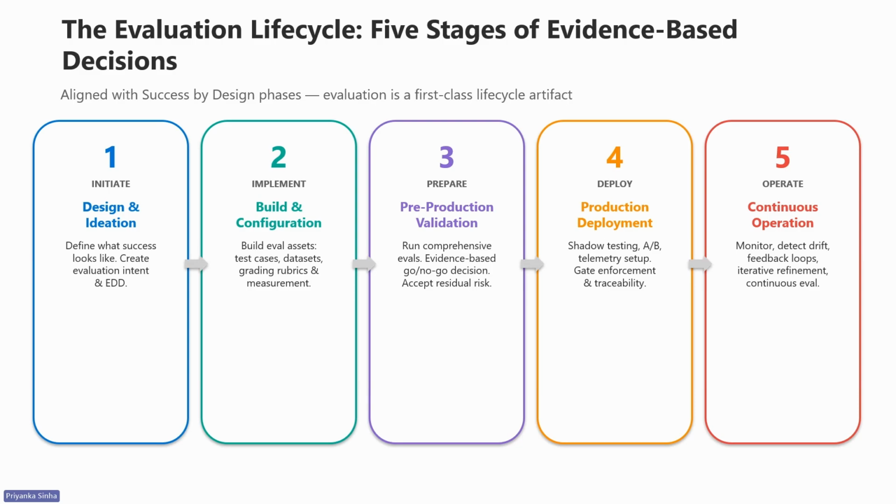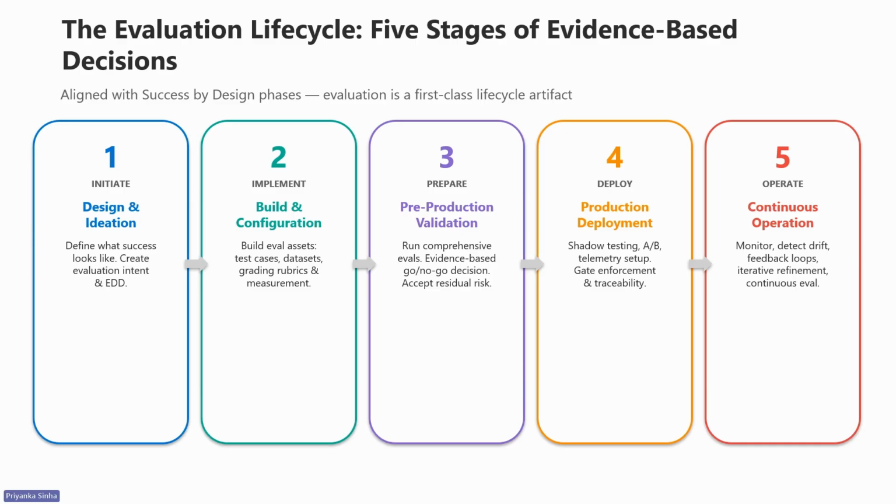So here, if you see at stage one, that is initiate, which is design and ideation phase, this is where you define what success looks like before writing a single line of code. Stage two is implement, which is build and configuration phase. Here you build your evaluation asset, test cases, data sets, your measurement frameworks, and all. Stage three is prepare, which is pre production validation. This is the most critical gate where, before you go live, you run comprehensive evaluation and make an evidence based